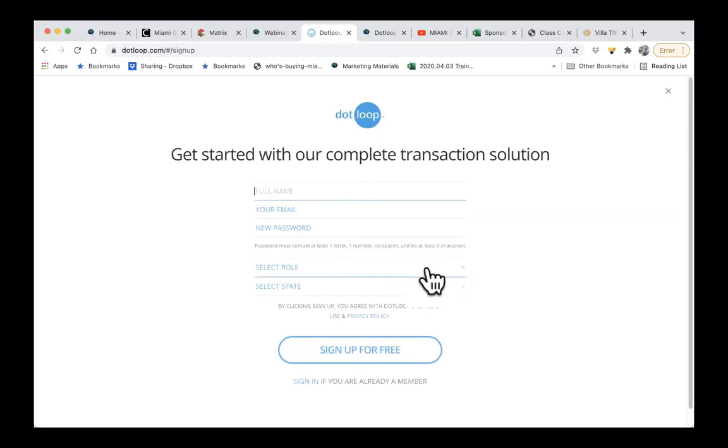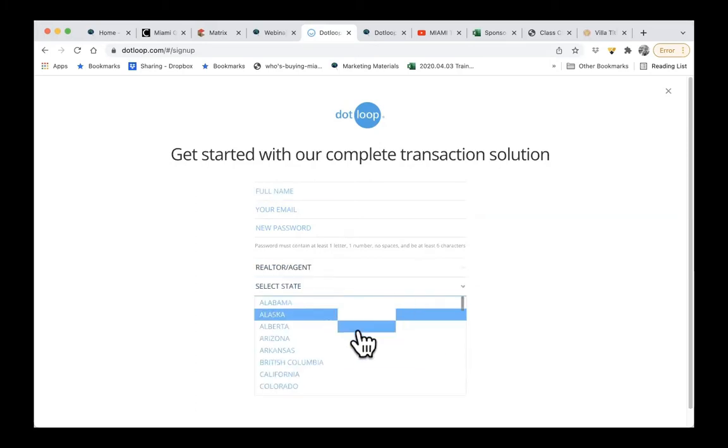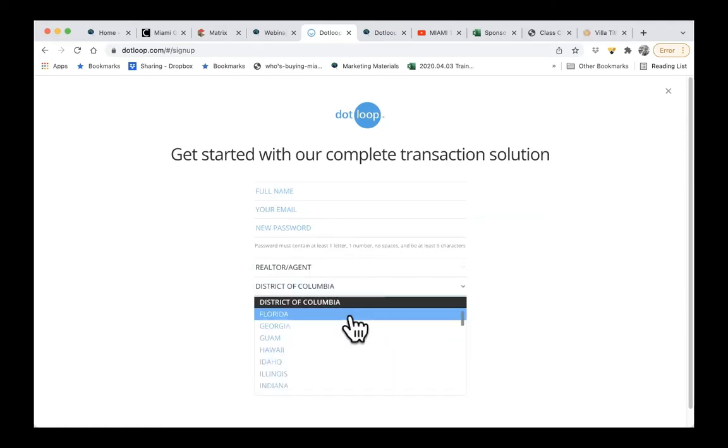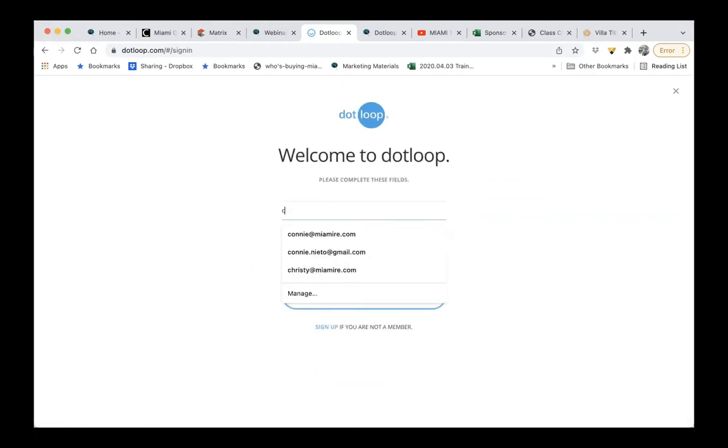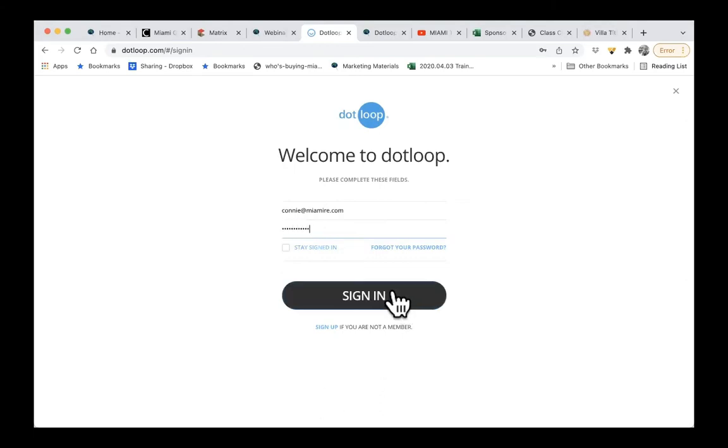You can select from your role, realtor agent, and select from your state. And this is to be able to provide you the forms. And then you go ahead and click sign up for free. The next time you can come in, you can simply click to sign in and sign in with your email, your password. And this will be the same thing that you use if you're logging in to the mobile version,